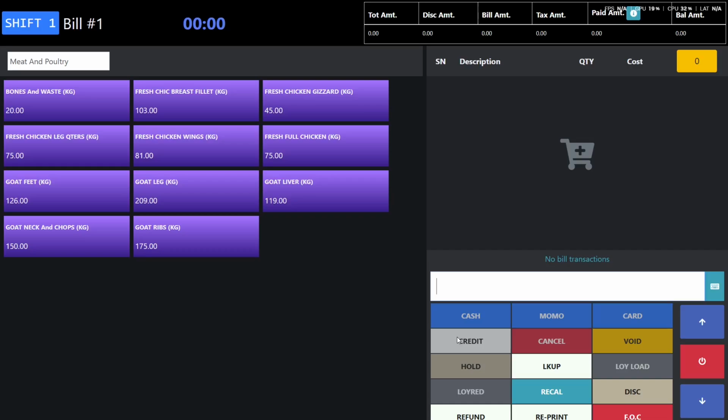Now, with Momo, we have 2 ways of dealing with Momo transactions. And this is why I will always select the latter for any business owner because of security. The first one is just like a generic and organic Momo management. When you click on Momo, it does nothing special. It just records the sales as a Momo sale. And what the business has to do is provide a separate phone or a separate POS payment terminal from a bank to actually take your Momo payment. That is why you walk into some shops, you notice they have like a POS system setting. They also